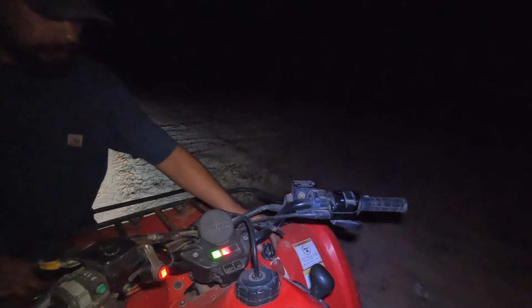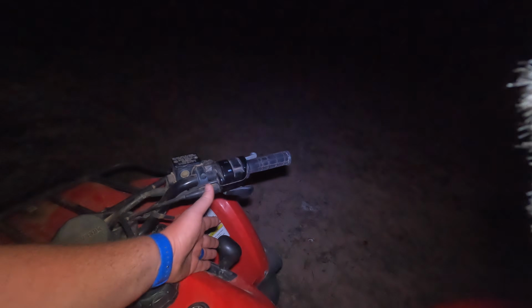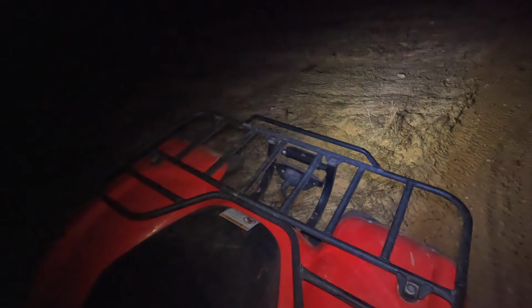Yeah, and maybe people don't know that on these Kawasakis, I had an 08 Brute Force. This is an 08 Prairie. I don't know if I can get it to go into gear. There. When it goes into reverse gear, it's actually pre-wired, so you can put a light on. So when you shift,